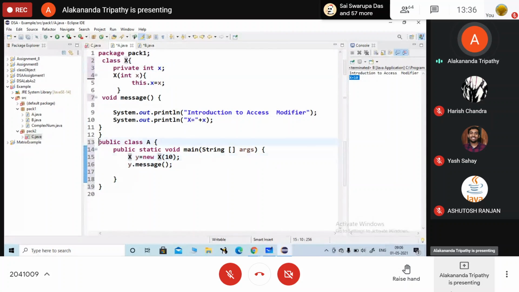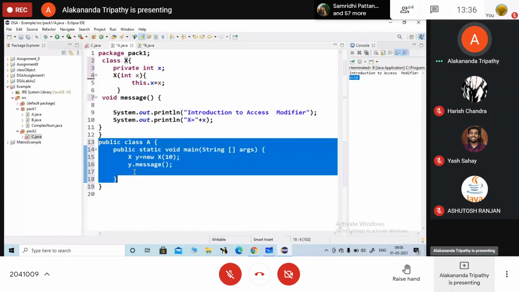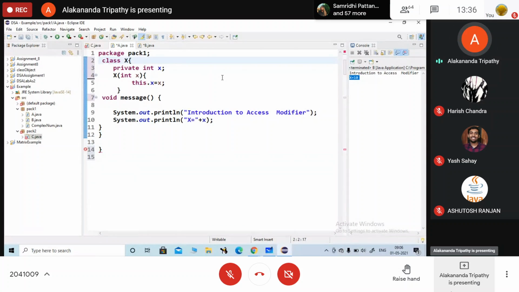Now, if I am going to declare it as, so I will remove the statements, make it as public class X. This variable will be public, and this method is also public.